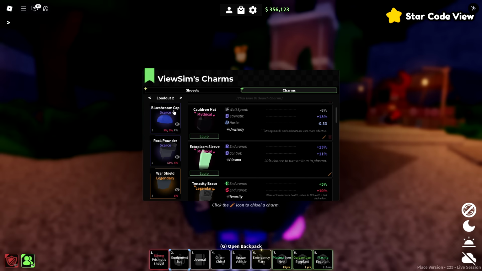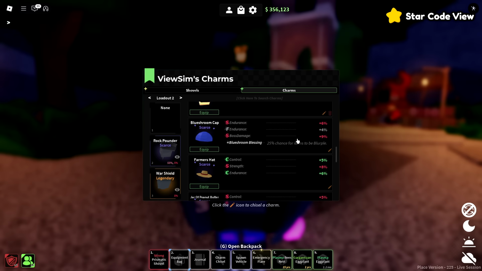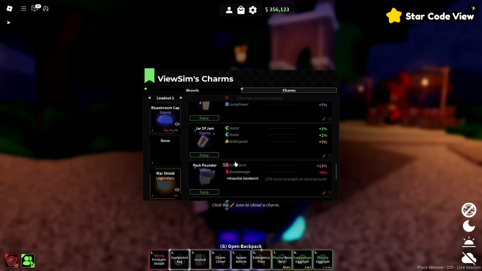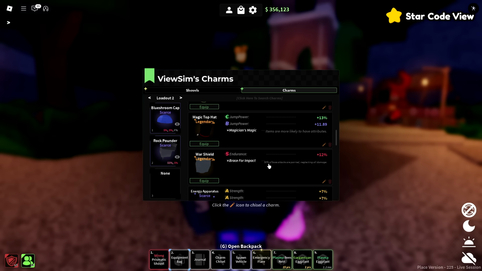This blue shroom cap is pretty good because it has boss damage. It has +9 boss damage, and it's got endurance as well. So I've got that on for boss damage. I've got this rock pounder on for additional boss damage as well, +5%. And then I've also got this war shield on, which says brace for impact, 50% of boss attacks are parried,